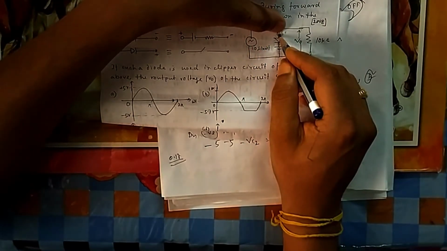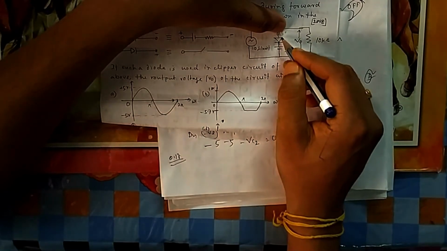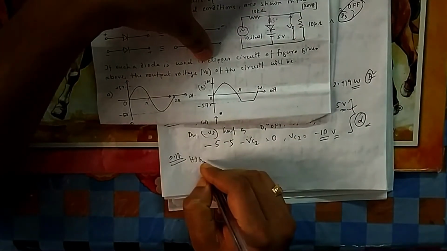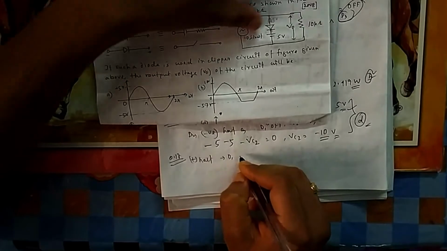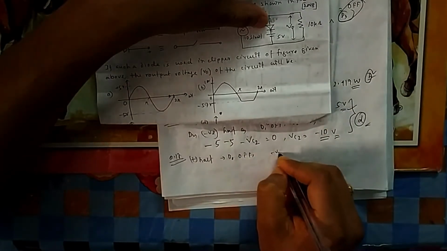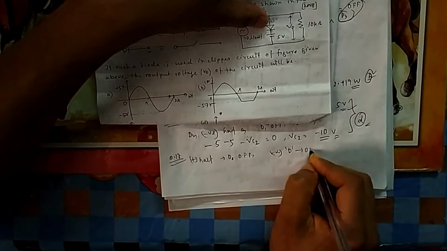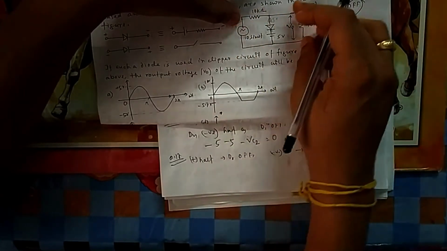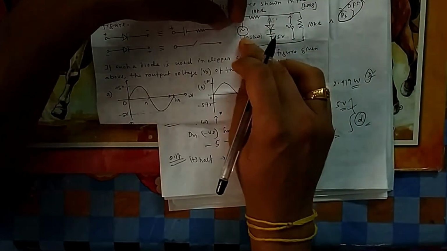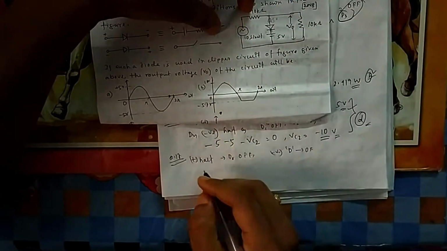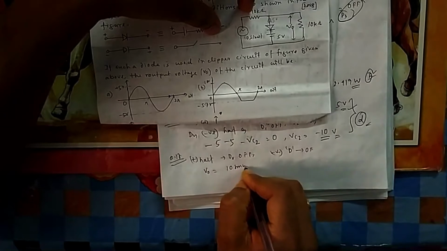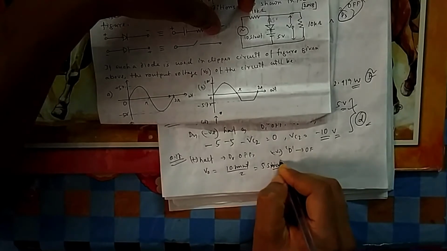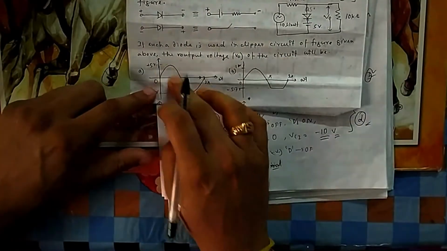In the negative half cycle, this voltage will always be negative and this is positive, so it will never be on. So in the positive half cycle also, D1 is off, and in the negative it is obviously off. In both cases this is off, so it is simply an open circuit, nothing will come here. Whatever voltage you give, half of that voltage will come. So 10 sin omega t will be divided into 2, and the output voltage will be half of 10 sin omega t, that is 5 sin omega t. It will be a sine wave of maximum value 5 and minimum minus 5. So you can see this will be option A.